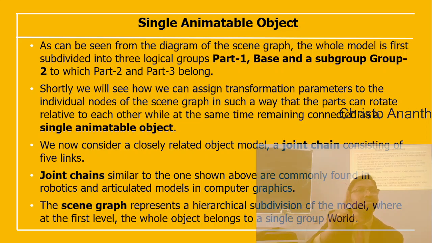At the same time, it will be connected as a single animatable object. So if you go for any platform like Blender, when you move one part, the parts subsequently connected to it will be moving. Okay. So we consider a closely related object model, a joint chain, consisting of 5 links. Joint chains are similar to what we use in robotics, and of course articulated models in